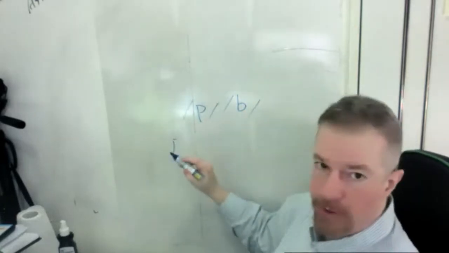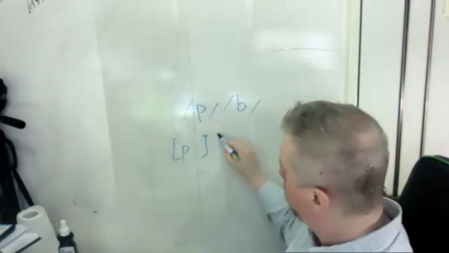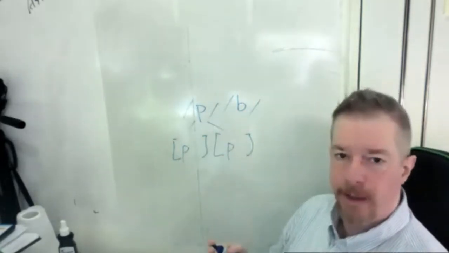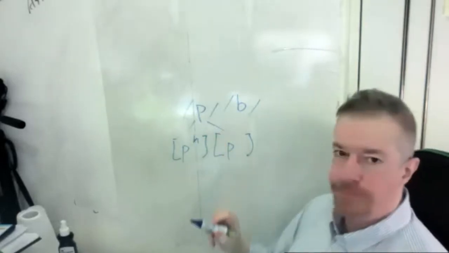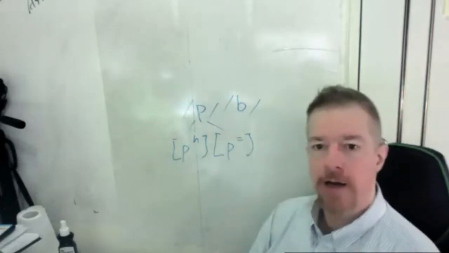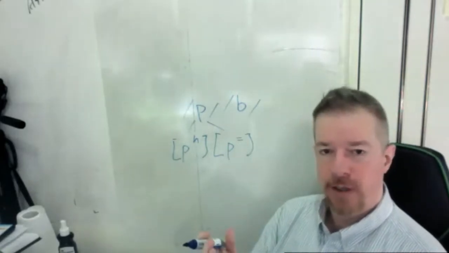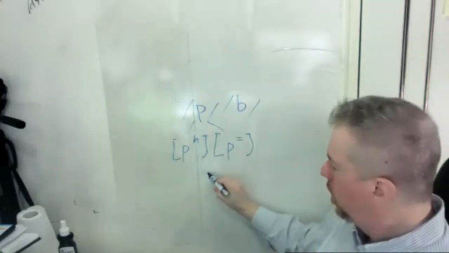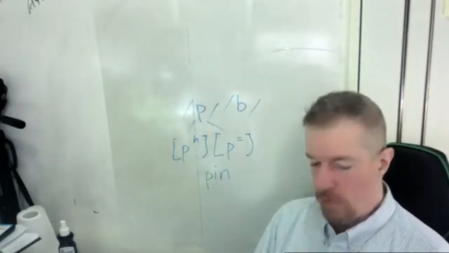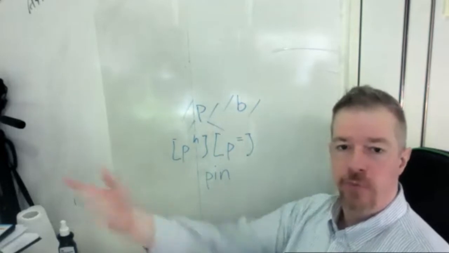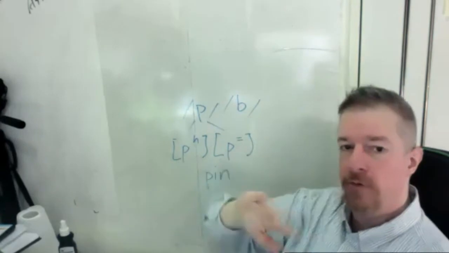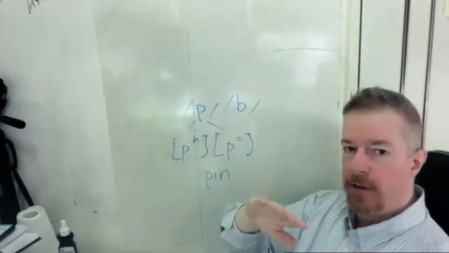So if we list them as IPA, we have two different ways of doing a P. We have what's called aspirated, which means that there's air coming out. And we have the unaspirated, which means there's no air. And a really easy way to feel the difference between these is for a word like this. So if you try to say this word and you take your hand, the back of your hand, because it's more sensitive, and put it in front of your mouth,